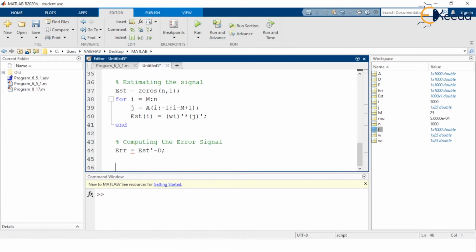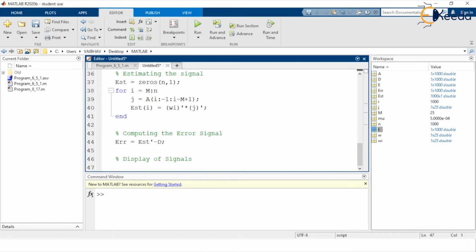So after getting the 4 versions of the signals and the use of the steepest descent algorithm logic here, we shall be having a display of input and the output signals here. So I just write display of signals here. So very first of all, it will be the desired signal here.